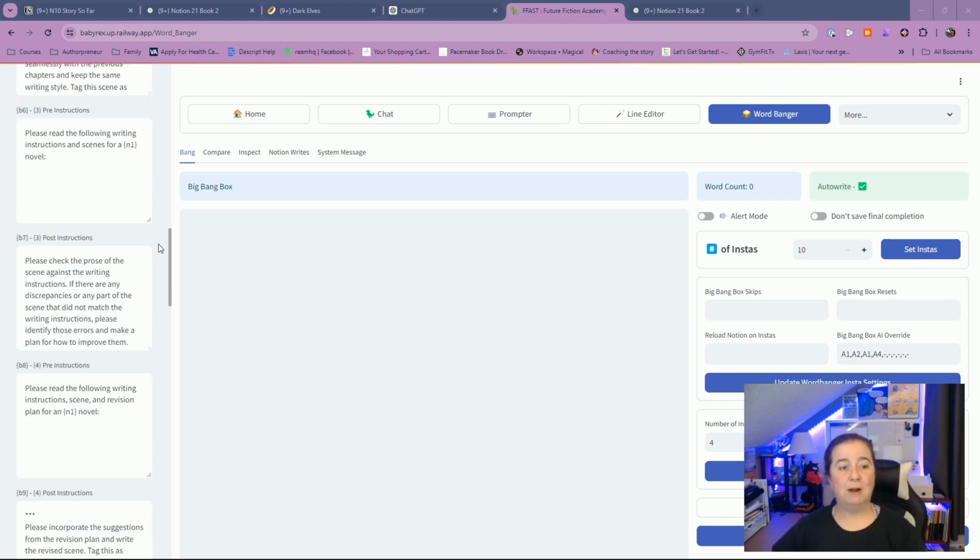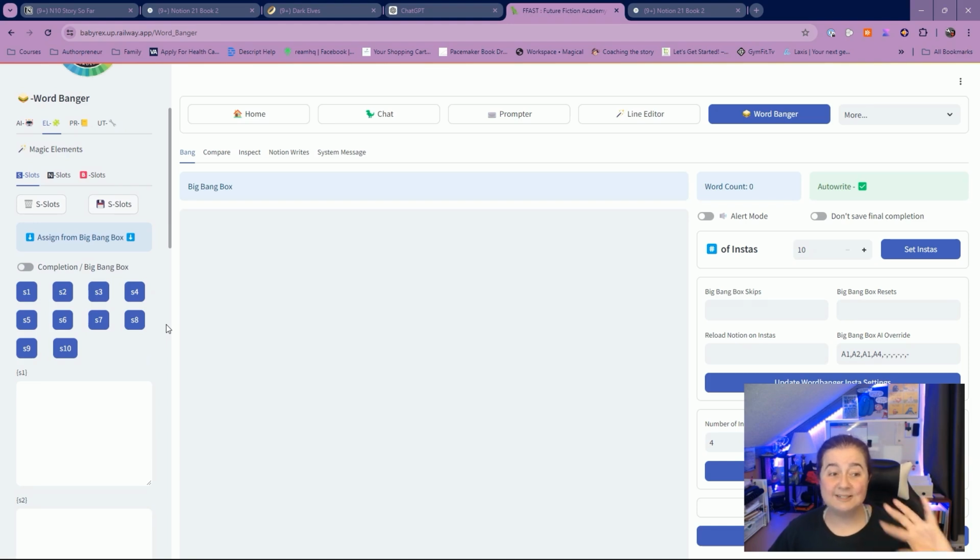And then my fourth prompt is to have Claude Sonnet again write the scene. It has the original scene planned for the rewrite, and then it actually rewrites the scene. That's my four-prompt sequence. I've been getting my 2K a day pretty well using that. So the only thing I need here, in these session slots, which are the temporary slots, is to add the information I would lay out for this scene.